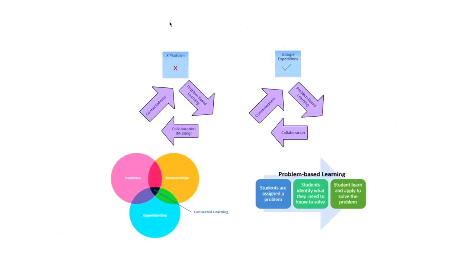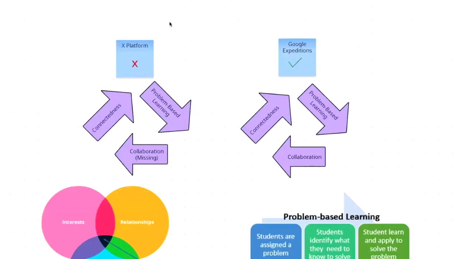As you can see here, it shows the failures and successes when changing from the X platform to Google Expeditions. And then down below, I discuss the different lessons and information that I used for Animal Safari AR. I'll zoom in real quick here. Most elements were successful in the X platform with connectedness and problem-based learning. However, collaboration was missing, along with instruction. With Google Expeditions, having students connect with one another and having problem-based learning through the field trip aspect with collaboration in a gamified format made it successful.